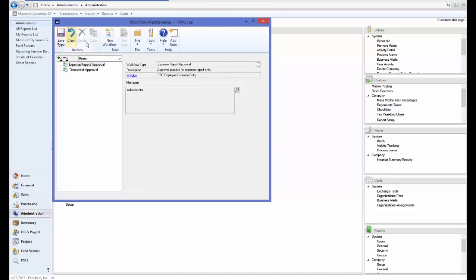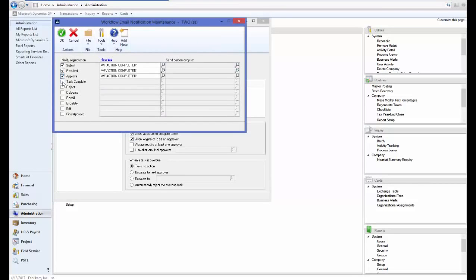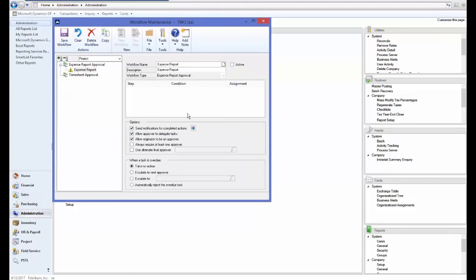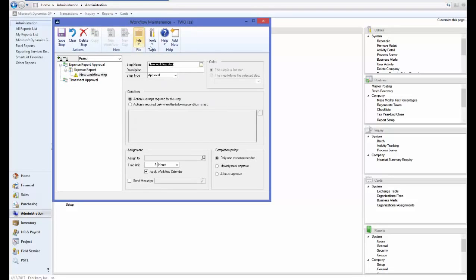Click save, new workflow, and then I'm going to write a description. Select the options that are appropriate for your workflow. Click save, new step,